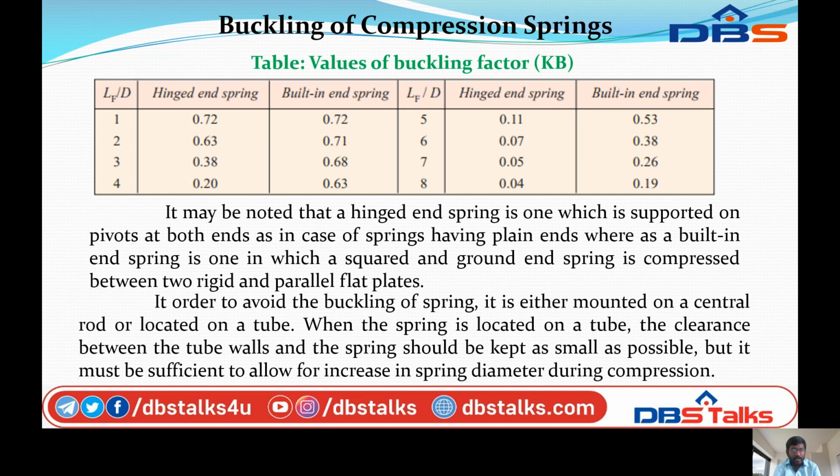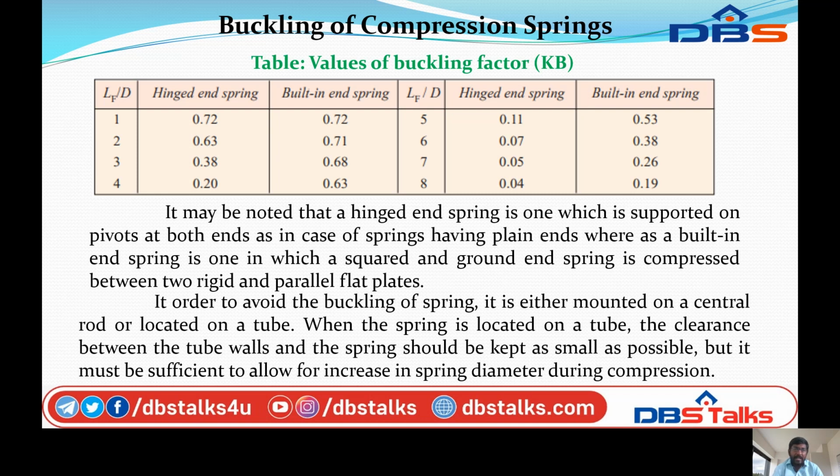In the third one, 0.38 is the hinged end spring and 0.68 is the built-in end spring. The fourth one is 0.20 for the hinged end spring and 0.63 for the built-in end spring. In the fifth one, the hinged end spring is 0.11 and the built-in end spring is